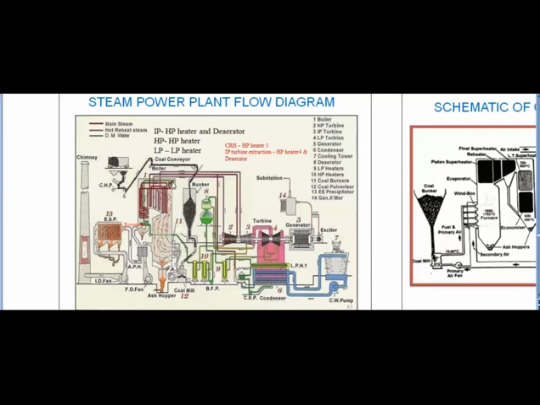This dry saturated steam coming out from the boiler is taken through superheaters. You can see here, and this final steam at a temperature of 540 degrees centigrade and 150 kg per centimeter square, that is the main steam, is fed to the HP turbine. In this HP turbine, steam is expanded. You can see here, this is the inlet and this is the exit from the steam turbine.